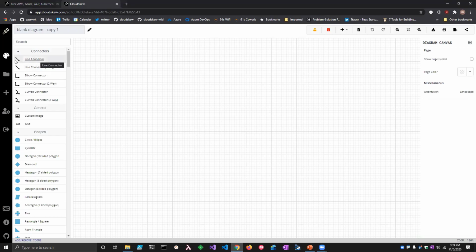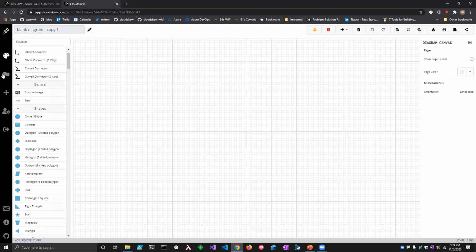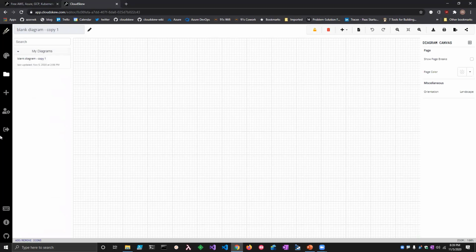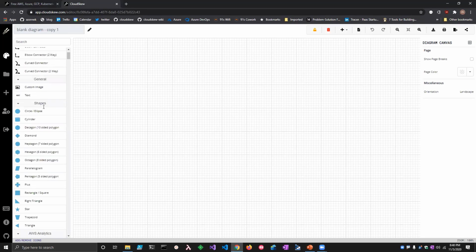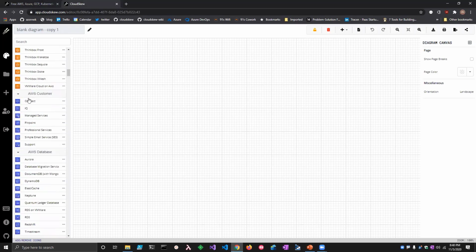Here's your activity bar. It allows you to switch between your icon palette, your diagram repository, your template repository, and your icon preferences. So say, for example, right now you're interested in sketching Azure and AWS diagrams. You just select those, and your icon palette will populate itself with AWS and Azure icons.